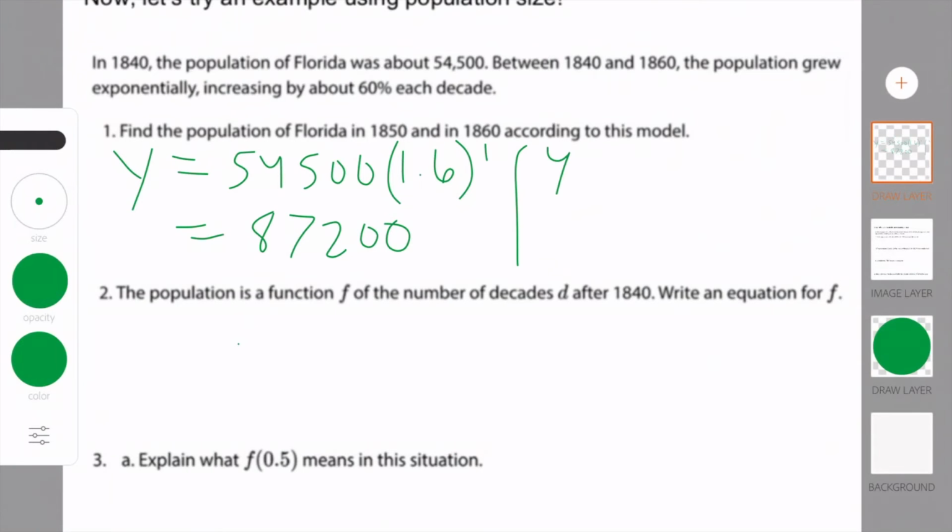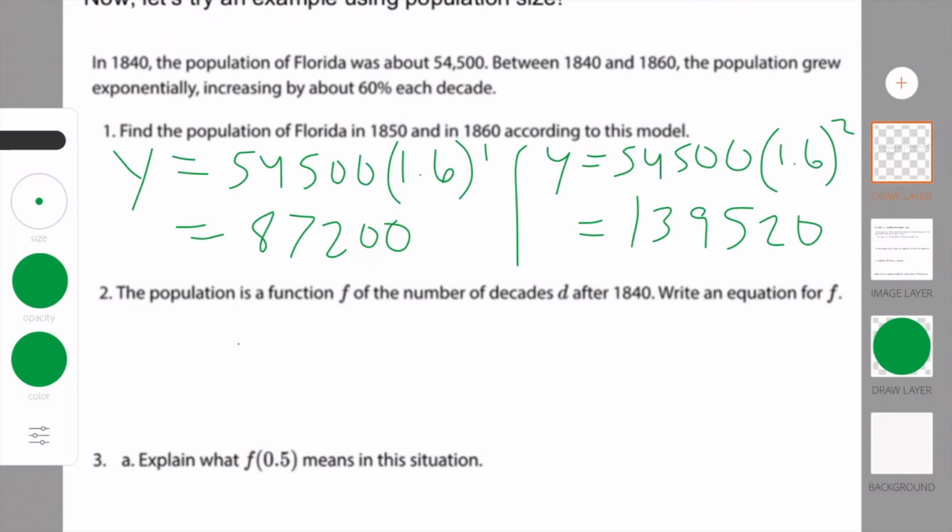87,200. And then for the next one, we just increase that exponent by 1, right? Because it's 2 decades later in 1860. Do the math real quick, and we get 139,520. Now question 2 wants us to write this equation in terms of D for decades, so we're going to